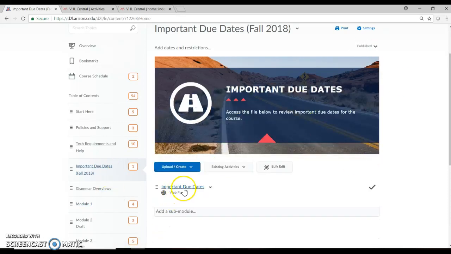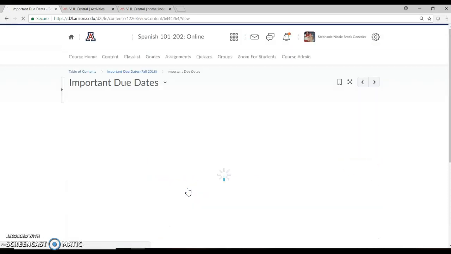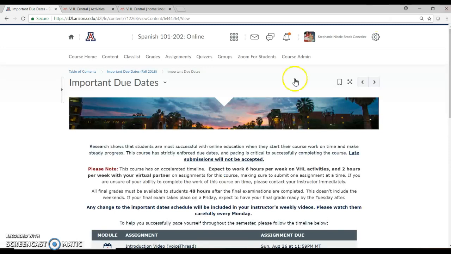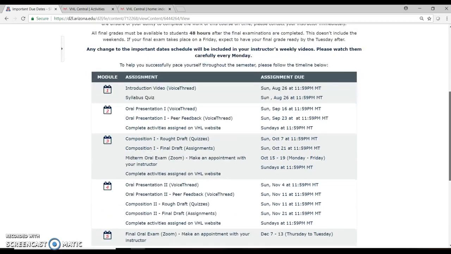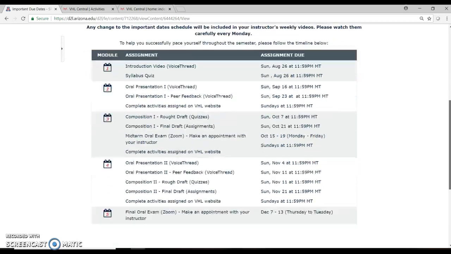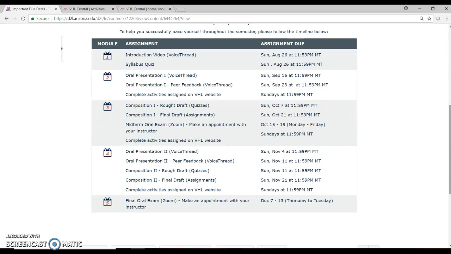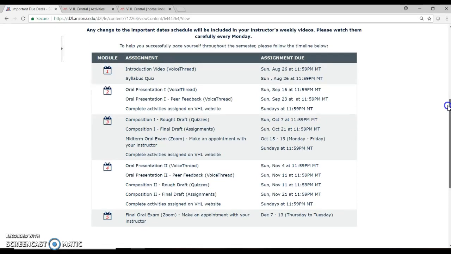This is going to be a page that I'm going to be accessing a lot. I'm going to make sure that I am going to be using it with you guys. Every week I will access it and put it on our weekly videos that I'm going to be posting. Okay, so it gives you a breakdown module by module, what's going to be due, and the assignment deadlines.